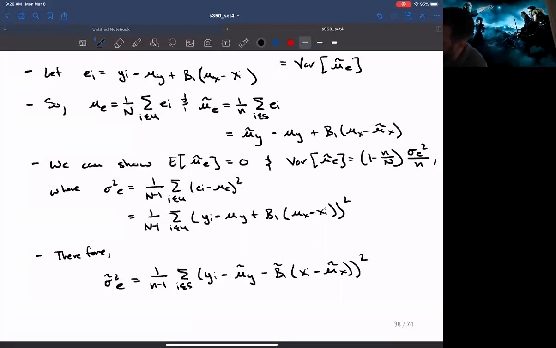And then just for clarity too, sigma hat squared E then would be